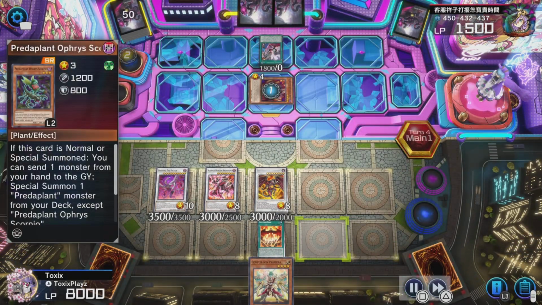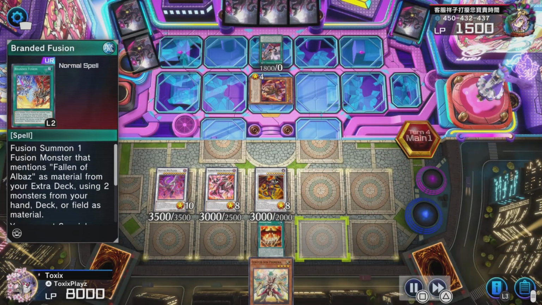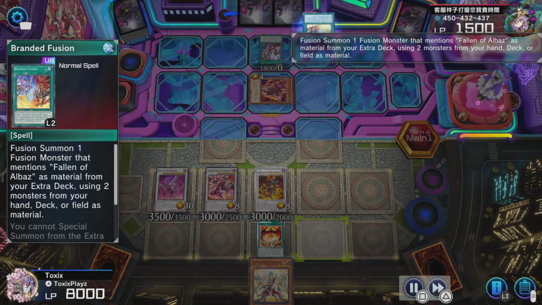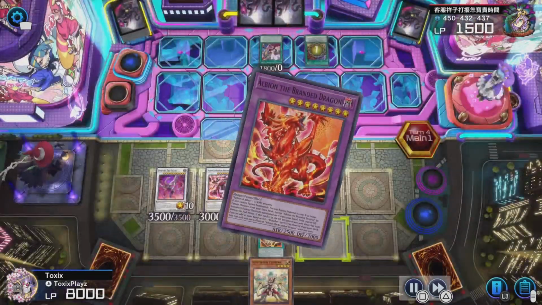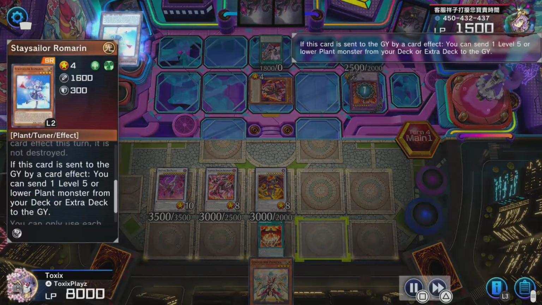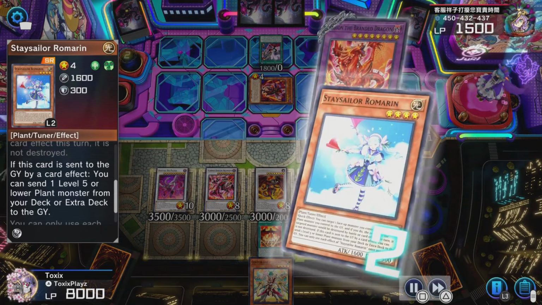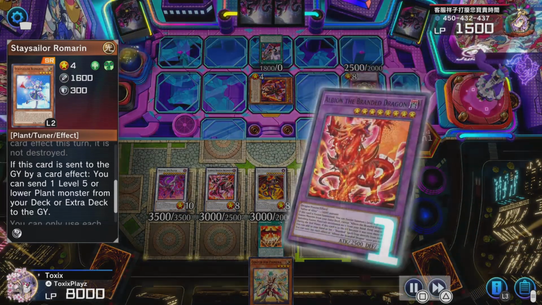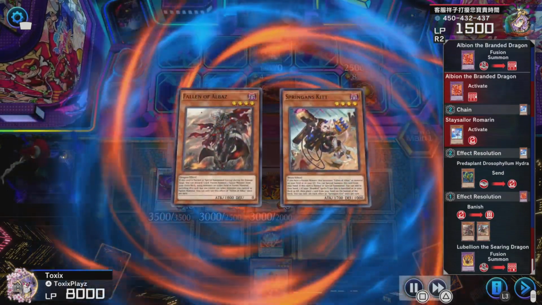which is Orpheus Scorpio. And then Aluber is going to add Branded Fusion. Sure. Activating Branded Fusion, a bit weird, but sure. Sending Romarine and Albaz to summon Albion, the Branded Dragon. Albion effect to fuse, and then Romarine effect as Chain Link 2, so I can't Dispater them. Good for them. They're chain blocking me here, so I respect it. Romarine sending from deck to grave a plant monster, being the Drosophilum Hydra, banishing the Albaz and the Springin' Kit